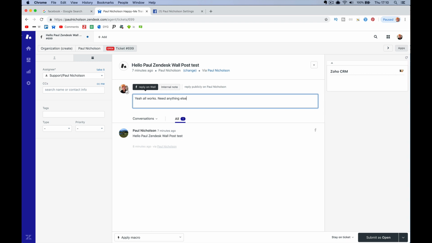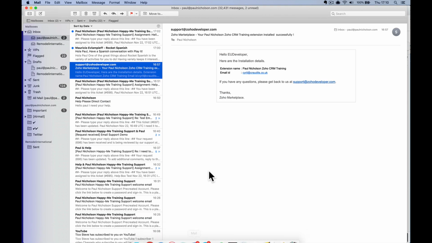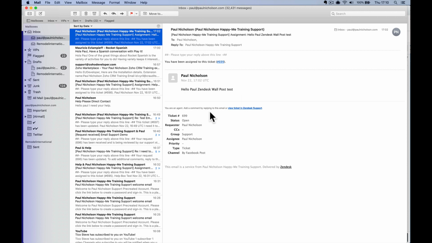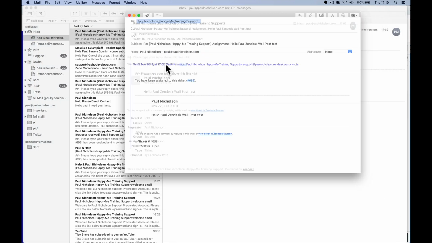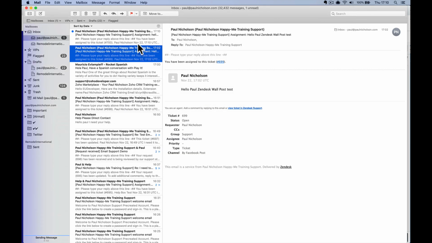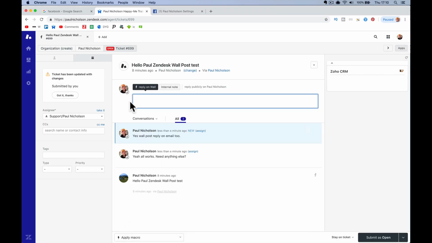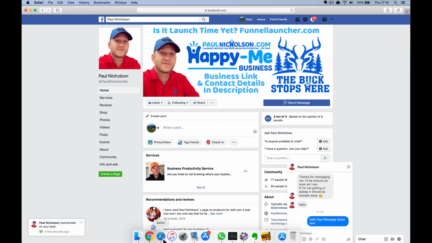So if somebody writes on your Facebook wall, it'll create a ticket. Again, you can reply. Submit is open. You can go to the ticket created here. Reply again. Reply via email. Yes. Wall post. Reply on email too. And send. This is the message box ticket that's just been created. So now I've got a ticket here. Yes, wall post. So if I go to the wall post, if I go to the person, they're going to